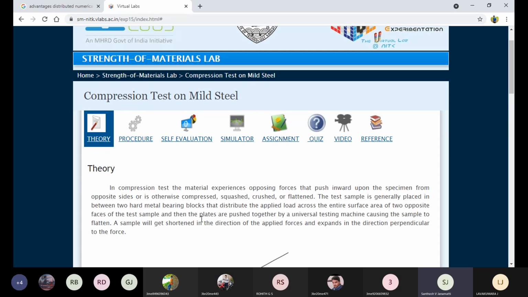We need to pull both the ends, so that once we start pulling both the ends of the sample, somewhere in the middle the cross-sectional area of that particular sample will reduce, so the total length of the sample will increase. The cross-sectional area decreases, and as a result the total length of the sample increases. Before conducting, we take some gauge length, and that gauge length will increase whenever we pull the sample at both the ends. So we call it a tensile force or tensile load.